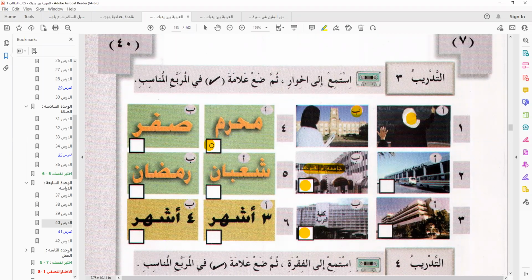So now put the 3 together. Mata yebda'u al-Amu Dirasi. When will the academic year start? Now, that's it. Then the response is Fi Shahri Muharram. What's the meaning of Fi Shahri Muharram? In the month of Muharram.